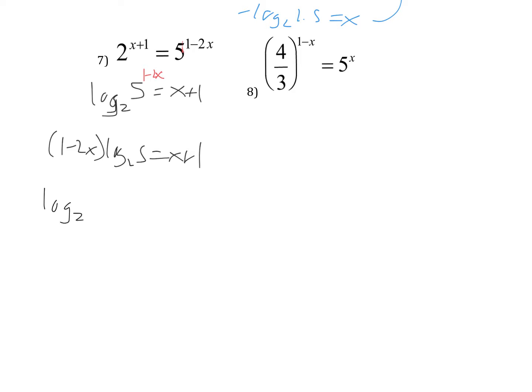So first times 1. I'm going to write this a little different. I'm going to say it's 2 times log base 2 of 5 times x equals x plus 1. Now I just need to get everything with an x on one side of the equal sign, everything without an x on the other. I'm going to move my x's to the right hand side so that way they'll sort of all be positive. So this is log base 2 of 5 minus 1 equals x plus, and I'm going